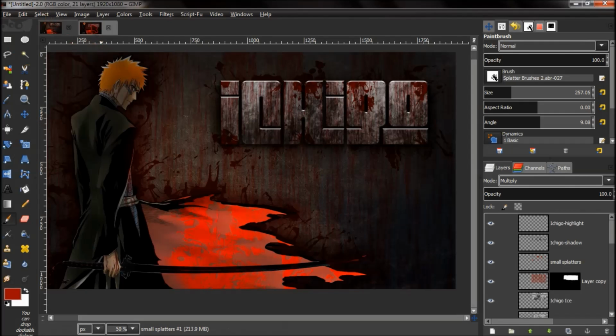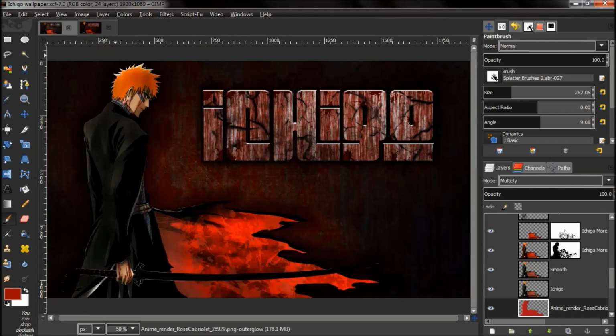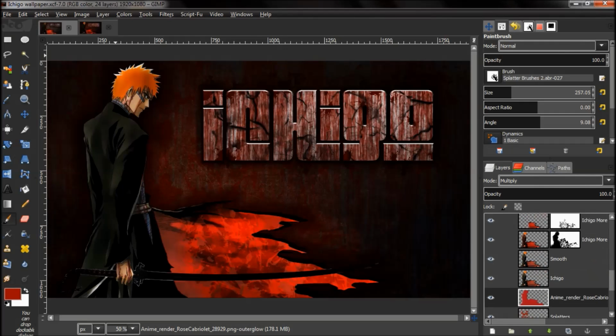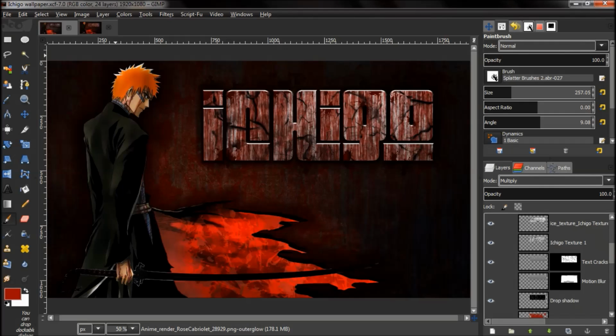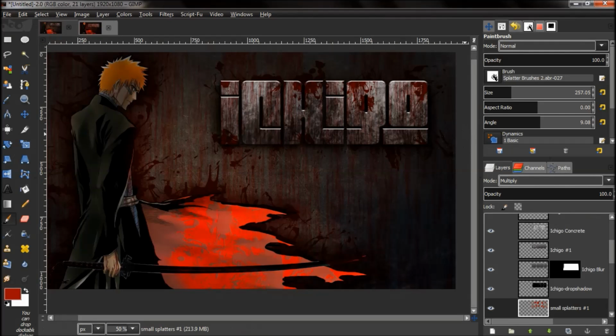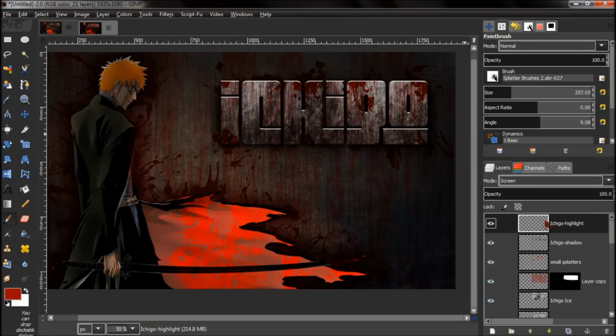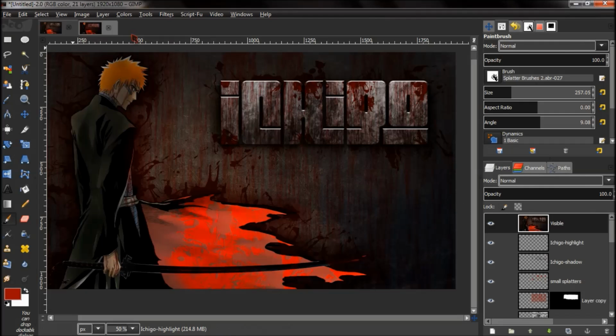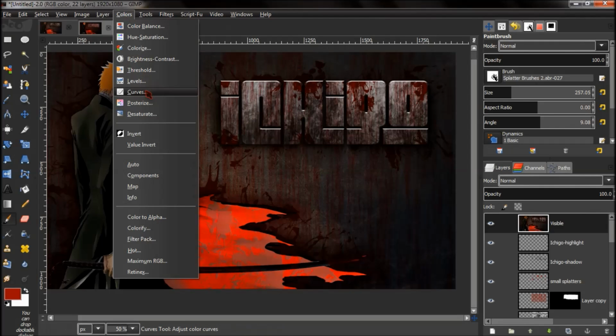So we got all that. Let's see, I think that is pretty much it for that. We are going to go all the way up to the top. We're going to go to the layer, new from visible, and we're going to go to colors, and we're going to grab curves,